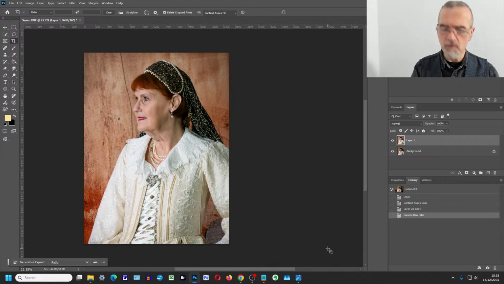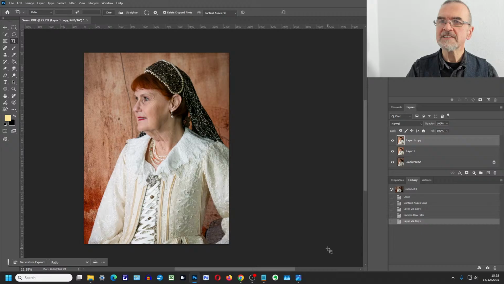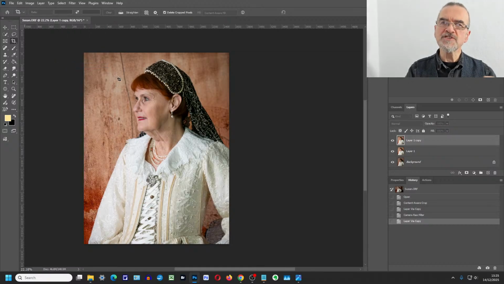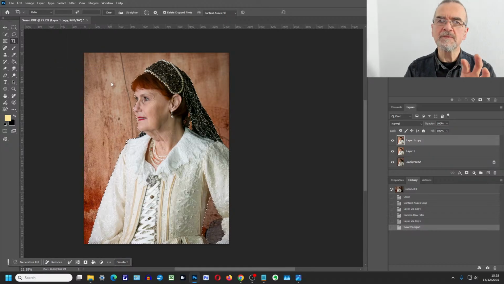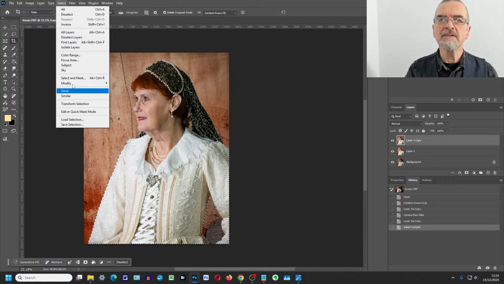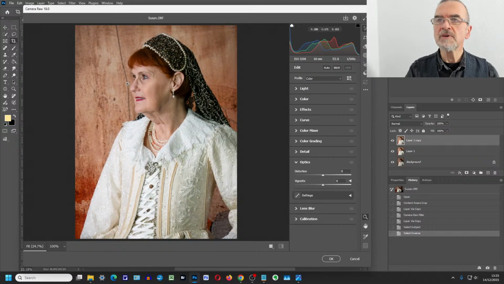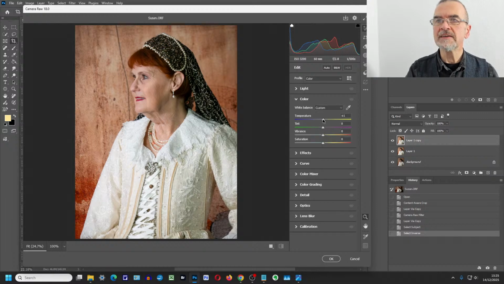So I'm going to layer this up to show you what I'm doing. I'll select the subject. Where do we go? Select subject. Because actually what I want to do is just make changes to the colour in the background. So I will now select inverse, go back into Camera Raw filter. Now we're going to adjust the background. I'm going to take the colour and give it a bit more of a blue shift. Now the whole thing's blue shifting here, and maybe a little touch of green in there, just perhaps something like that. Maybe actually even desaturate it a touch more, and then click OK.